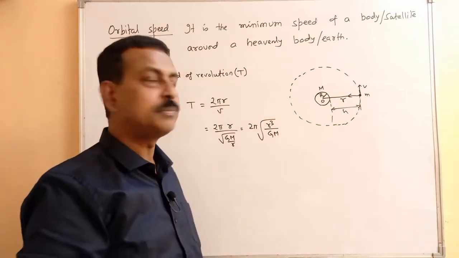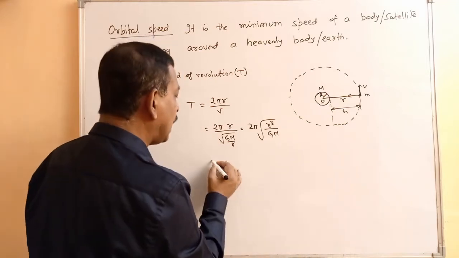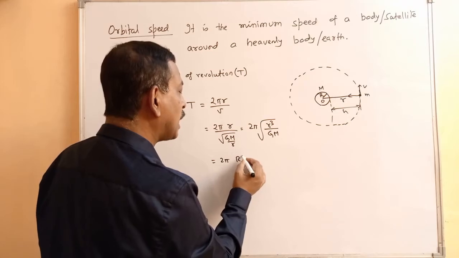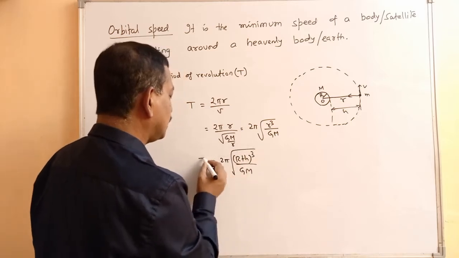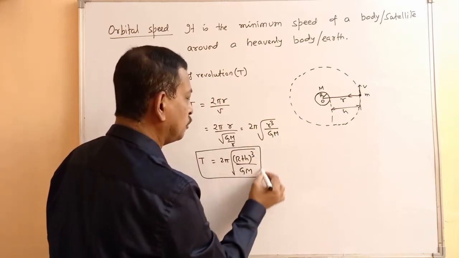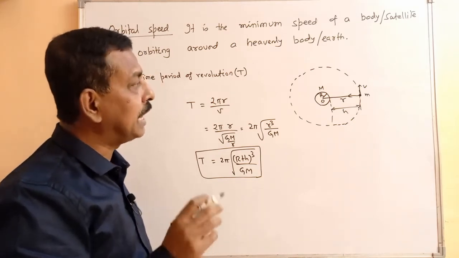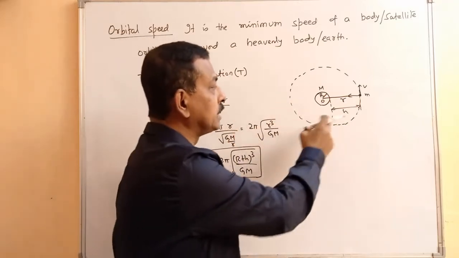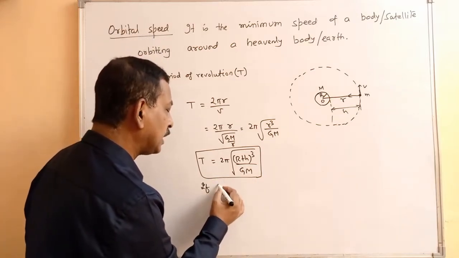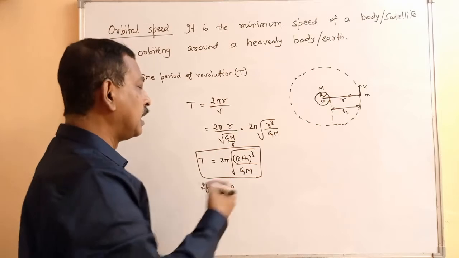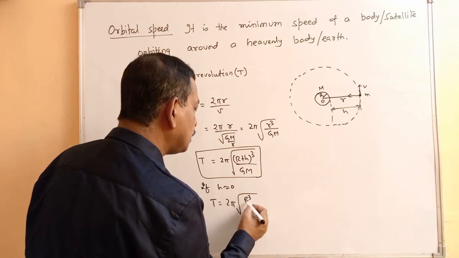So this is another form in which we can write for the time period, and this r we can also write as r plus h divided by GM. So this is the expression for time period of revolution. Of course, if I assume that object is orbiting very close to the surface of earth, in that case, if h is negligibly small, in that case time period will be how much? 2 pi root over r cube by GM,